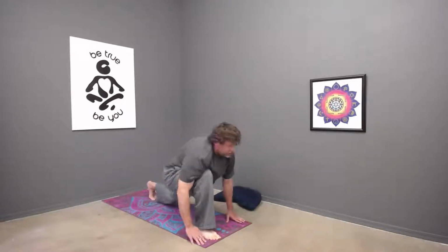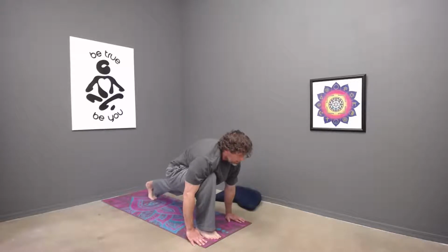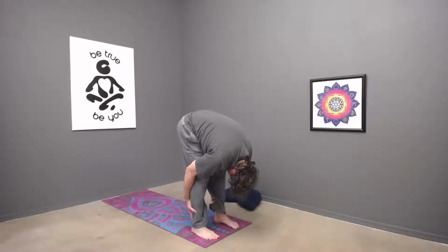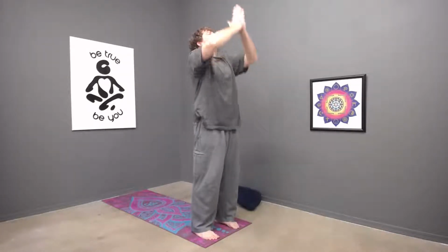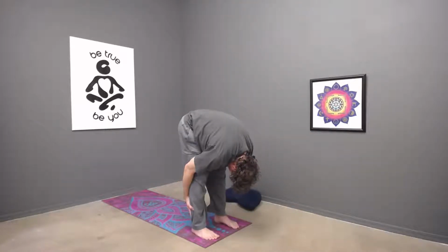Right foot is up between the hands, low lunge, opening up, focusing on the breathing. High lunge, then standing forward bend. Pull yourself in and down, accept where you are, focus on the breathing. Palms together, reach out, up and back, inhale, exhale. 4 more, inhale, exhale. Pull yourself in and down, standing forward bend, focusing on the breathing,